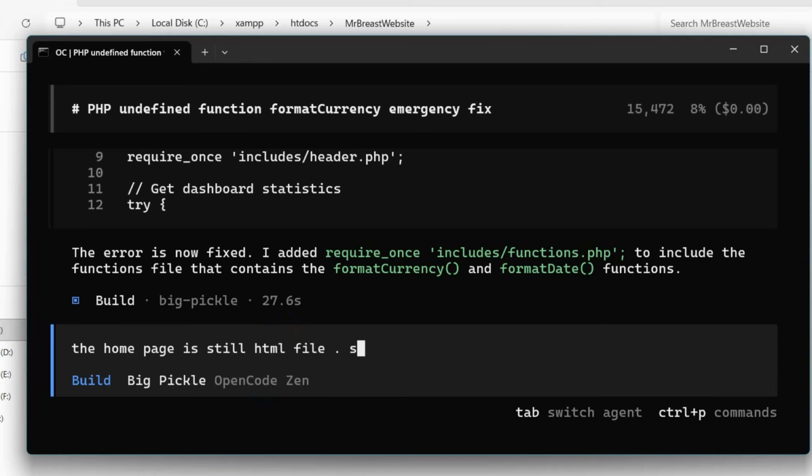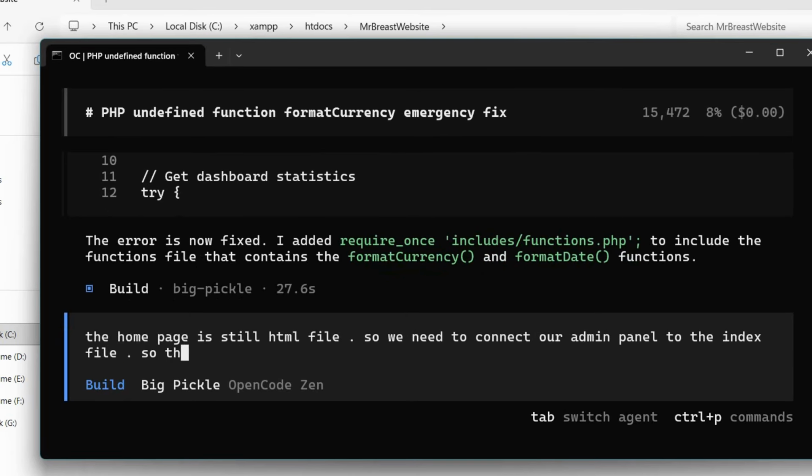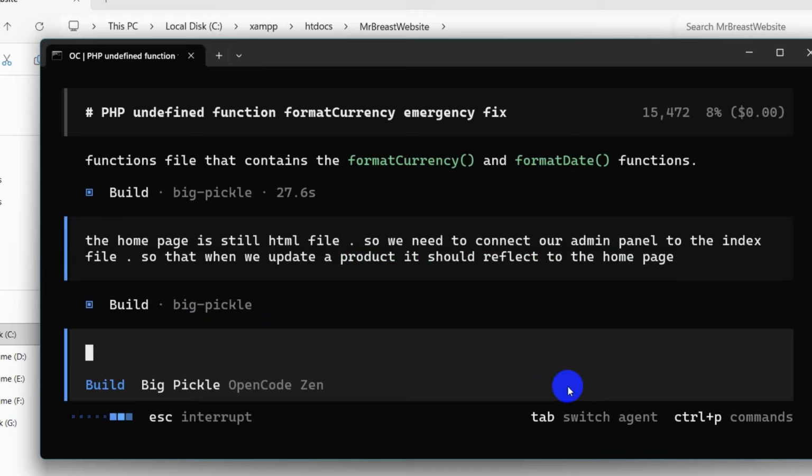So we need to connect our admin panel to the index file, so that when we update a product, it should reflect to the home page. Okay, so I'm going to press enter, and open code might ask us some question, or it may just directly